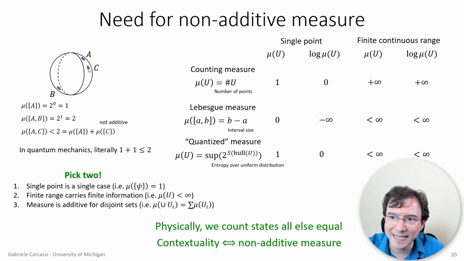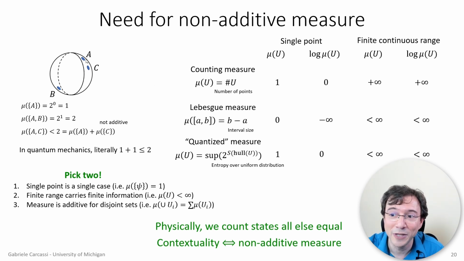But then if you take A and C, well, these two are going to make a maximum convex combination, and the entropy of that is not going to be 1, because they would have to be orthogonal. It's not going to be 0 either. It's going to be a little bit more. Therefore, the state count here is going to be greater than 1 and less than 2, and so it's not additive. It's not going to be 1 plus 1, it's going to be less, and it's going to be sub-additive because we can't make as much as that. And so in quantum mechanics, literally you have 1 plus 1 less than 2, which is sort of strange in quantum mechanics,